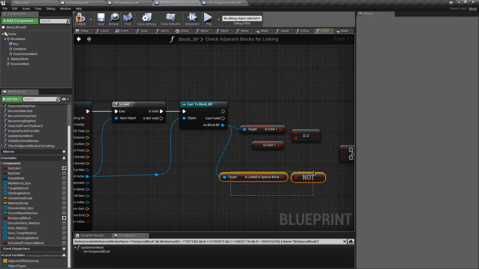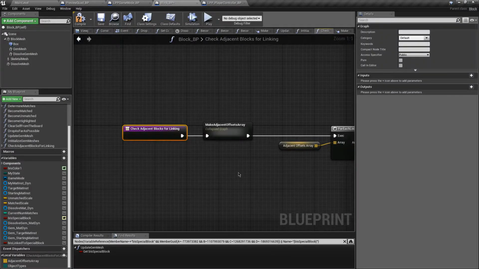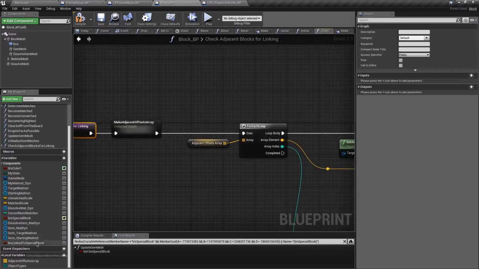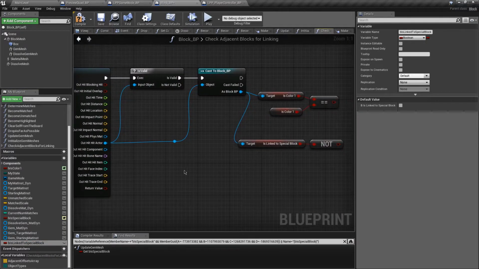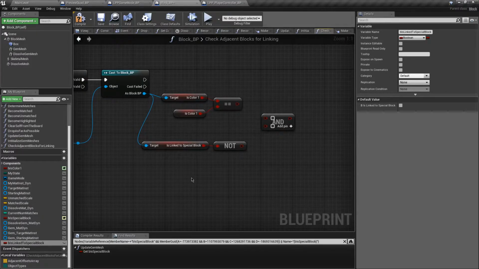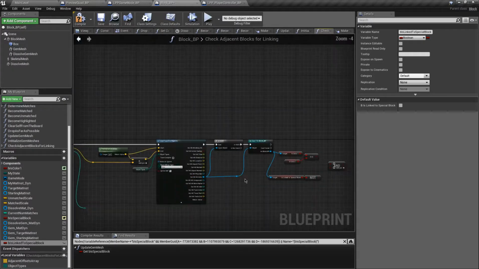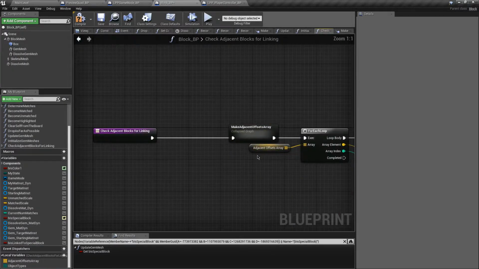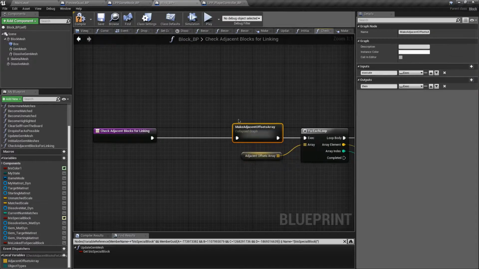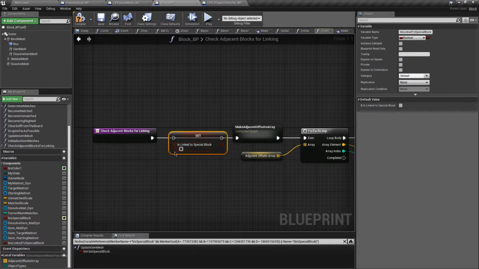So when they start executing this function, every block needs to set this variable to true, or in fact it'll already be set true by its neighbor. So I guess we can set it in this function, but we'll pick one or the other. I think we'll set it inside here. So we'll set this to true on ourselves,